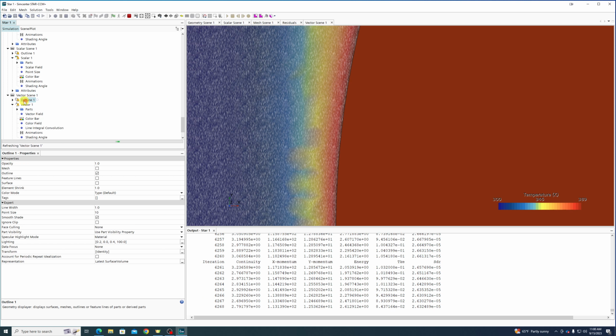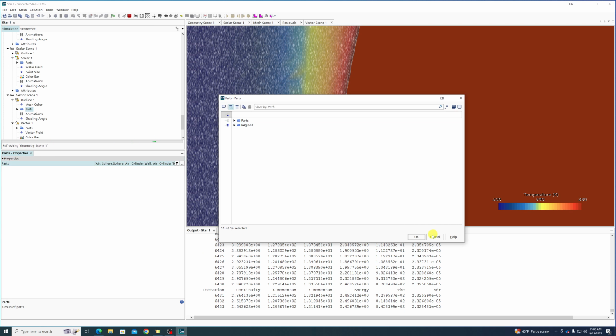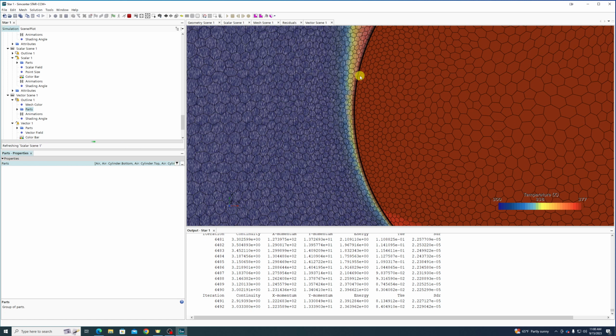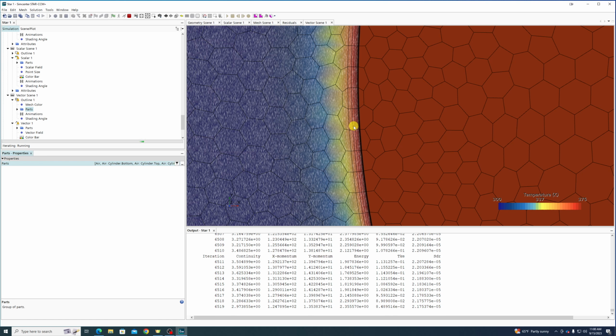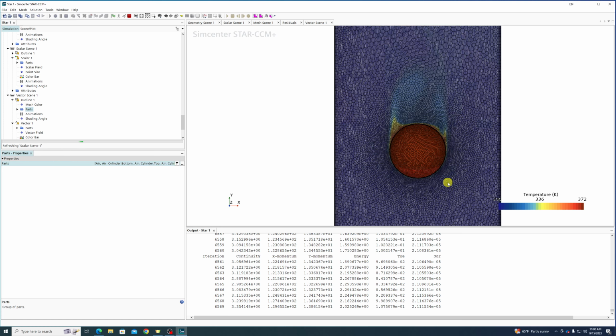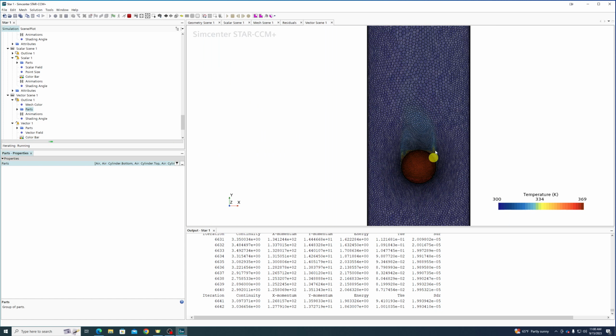I'll tell you what. What I'm going to do is we are going to just select everything and show the mesh, so we can see what the mesh looks like. We can see what the flow looks like. So one thing that might be useful here is we might actually want to refine the flow